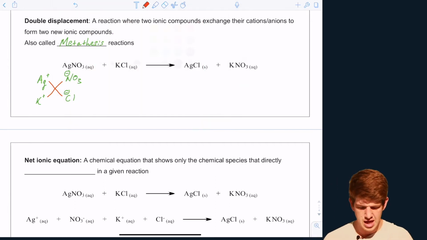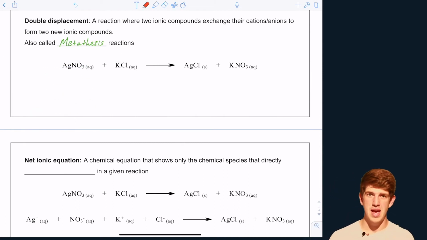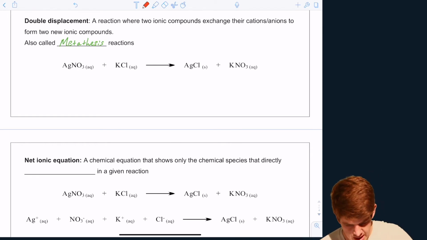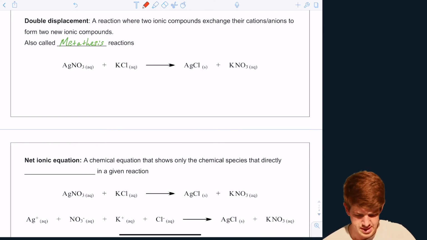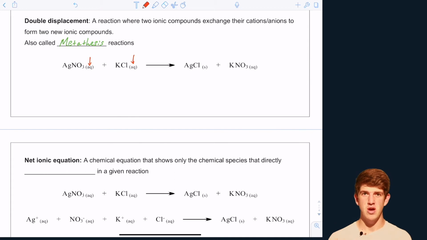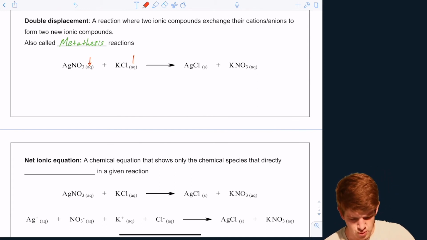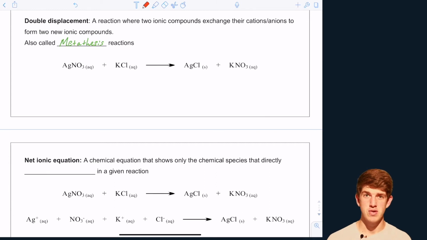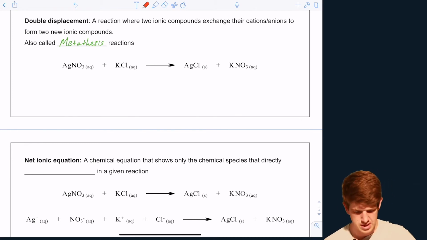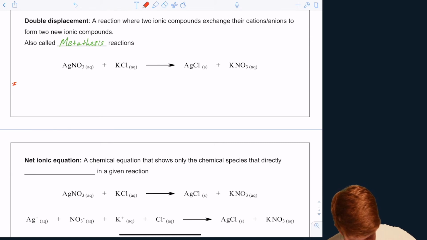So, to talk about the actual process of what goes on, we can't just use this nice little analogy for what a double displacement process looks like. We actually have to go in and look at the actual reactants, and you'll notice that for both of the reactants, they have the symbol AQ, and that just means aqueous, or dissolved in water. So why is this important? Well, when I put these molecules into water, they dissociate. The cations and the anions split. So if I actually wrote out what this looks like in water, so let's just say in H2O,